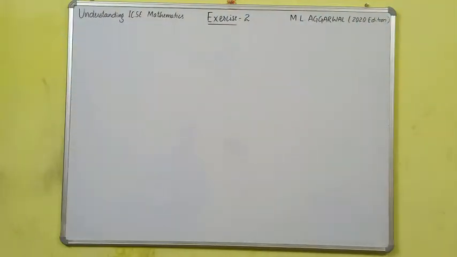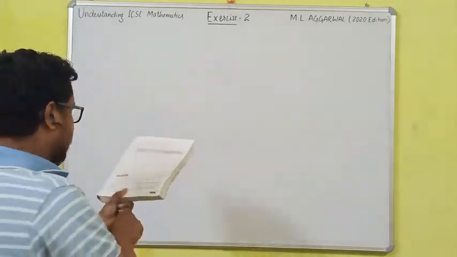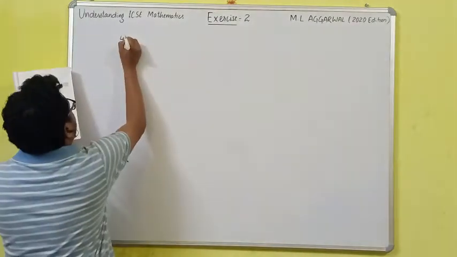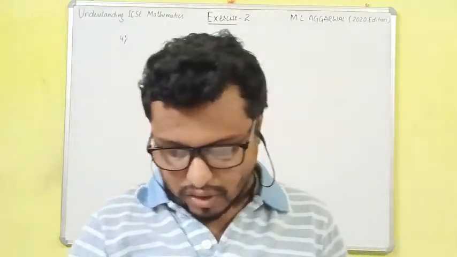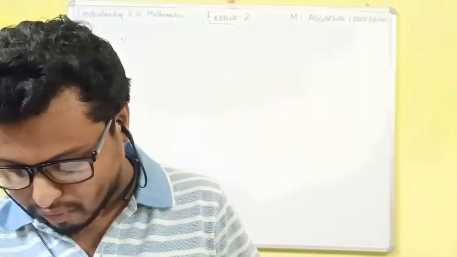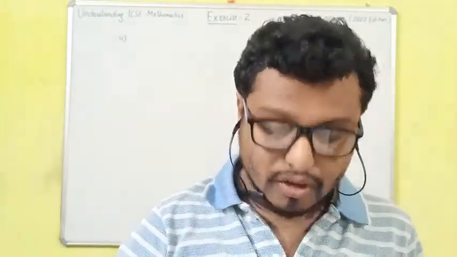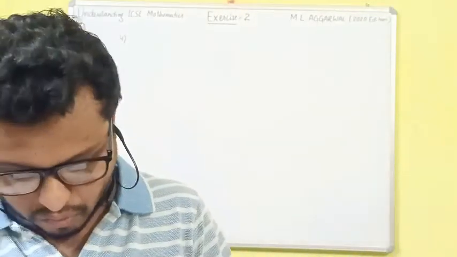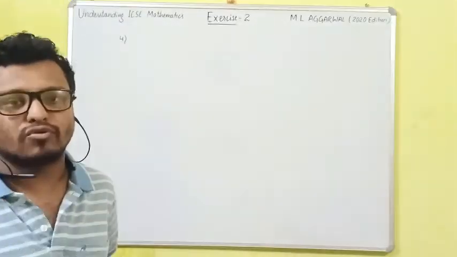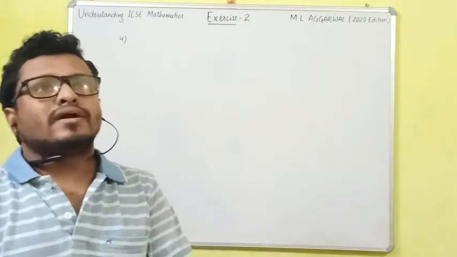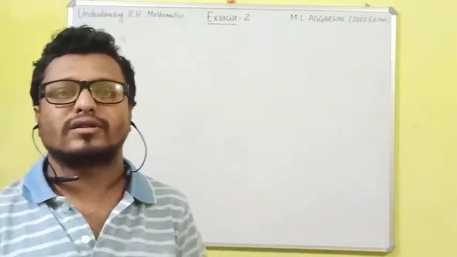So, my dear friends, let's start question number 4. According to question number 4, Hanif has a cumulative bank account, deposited rupees 600 per month for a period of 4 years. If he gets rupees 5880 as interest at the time of maturity, find the rate of interest. As I have told you, the question may ask you to find the rate of interest. So here we have to calculate the rate of interest.